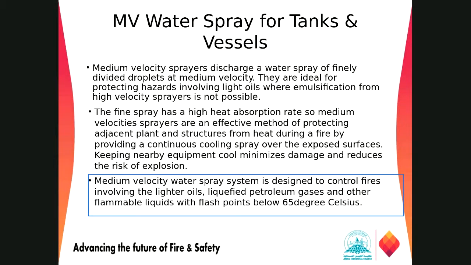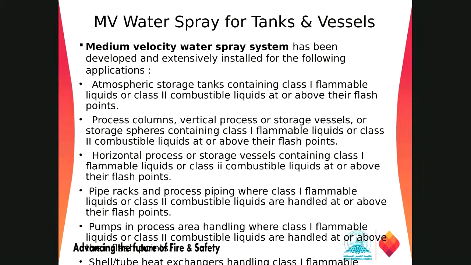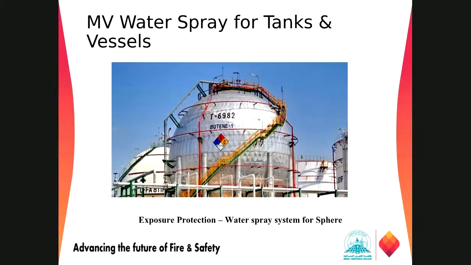So if the flash point is below 65 degrees Celsius, we need to protect that process equipment with water spray systems. Now the next question is which equipment needs to be protected by a water spray system. Not all equipment needs protection, but the majority that have flammable liquid do. These requirements come from the process hazard analysis or risk assessment studies. They will tell you that we need cooling protection or exposure protection for this kind of equipment, and you have to provide it as per NFPA 15 or API RP 2030.